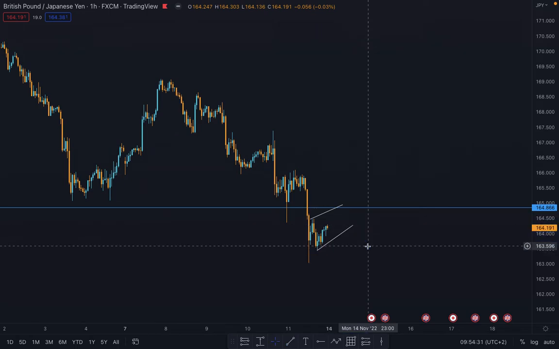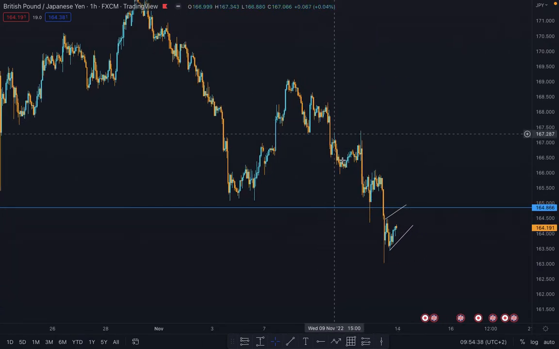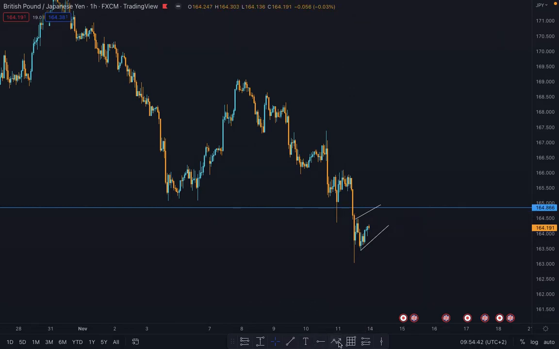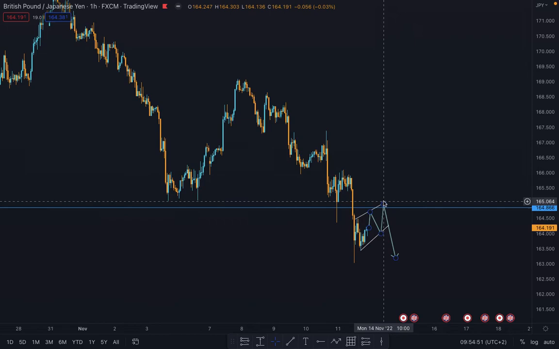Also we've got this low that we've created, this beautiful structural low here. Price has been continuing down quite nicely. So what I'd be looking for in this area is very simple. I just want to see price give us 3 simple touches, and then I'll take a position here